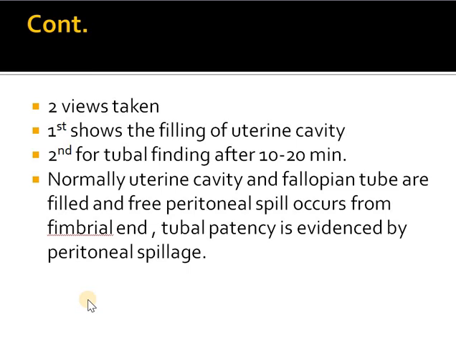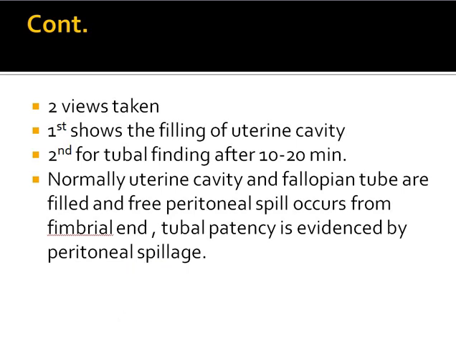So in the normal structure, both the openings of the fallopian tubes will be open, that is the uterine ostium and the abdominal ostium. From the abdominal ostium there will be spillage of the dye which we had pushed inside, and that spillage can be seen in the peritoneal cavity. So this indicates a normal HSG report.